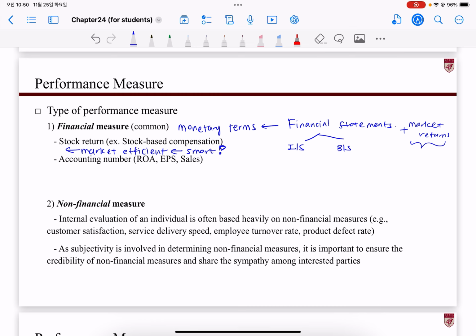Many big tech companies like Google or Apple, their executives are paid on stock-based compensation. So if they're good in terms of stock return, then executives get a lot of bonuses. Okay, and stock-based compensation is unfortunately more widely spread in the US, but not so in Korea. The reason is that many people, including companies, think the market is not as efficient as in the US. So the stock prices can be not fully representing the company's performance.